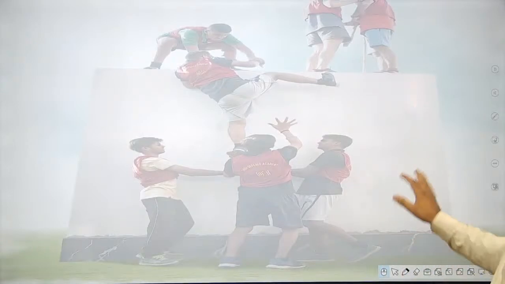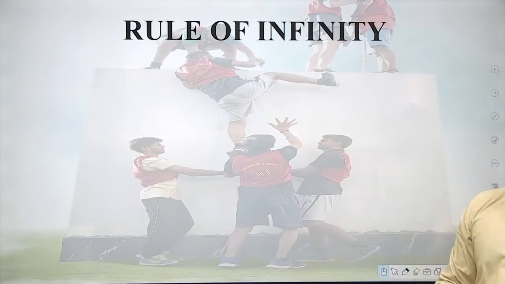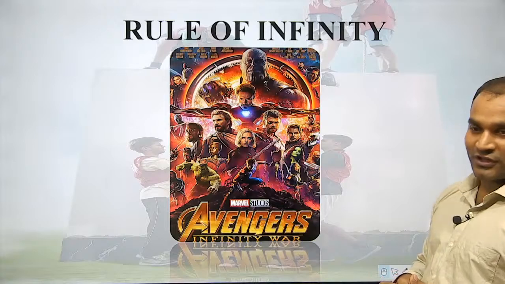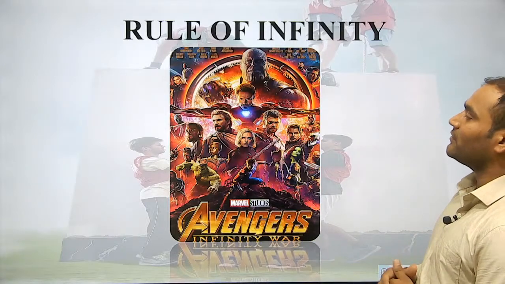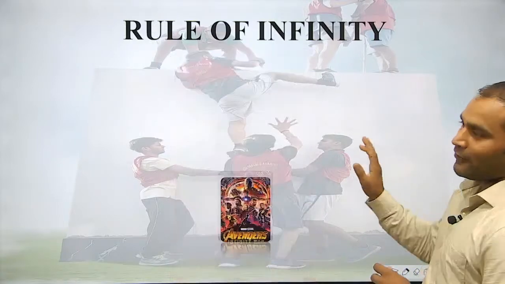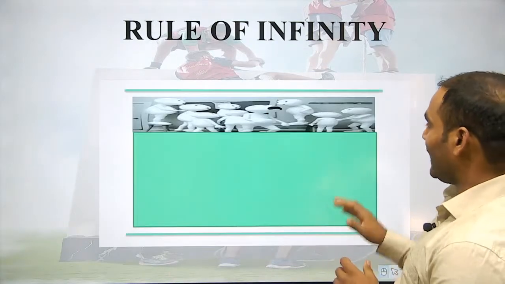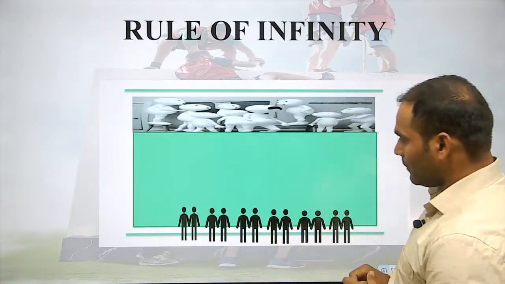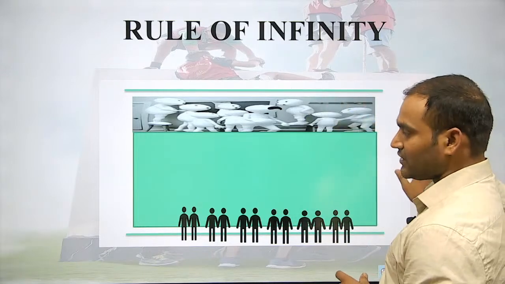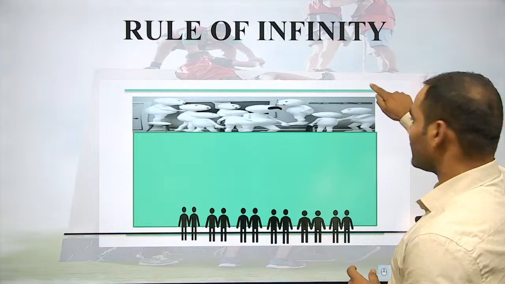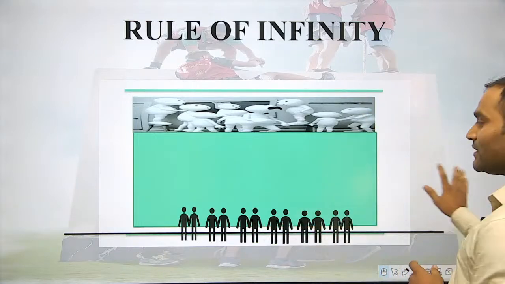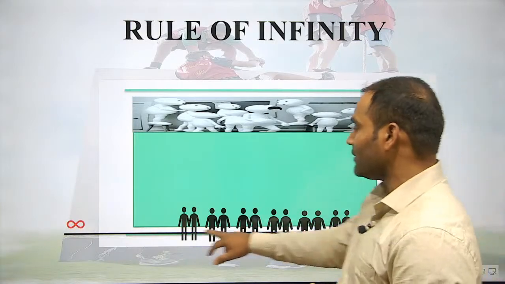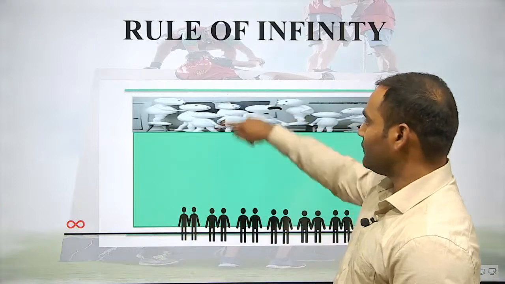The next is an important part, the rule of infinity. When infinity comes up, the one thing that comes to your mind is the Avengers: Infinity War, one of the marvelous movies of Marvel, but we are not talking about that at all. We are talking about this PGT, where you all are standing right here, and your objective is to reach the finish line. Do you think I can go from here to here? No, this line ends infinitely, that is why it is called infinity. The rule of infinity means you can't cross or take a shortcut. This is the only possible way to reach that part.